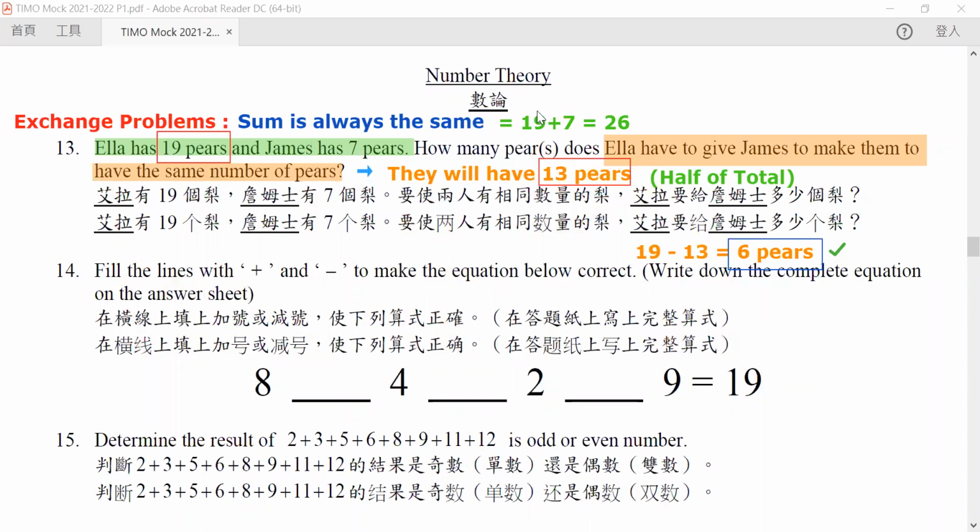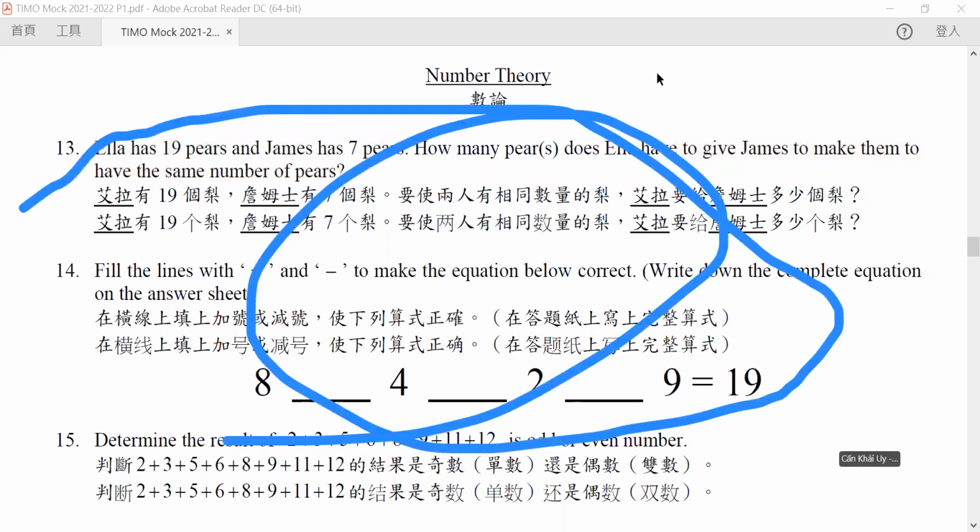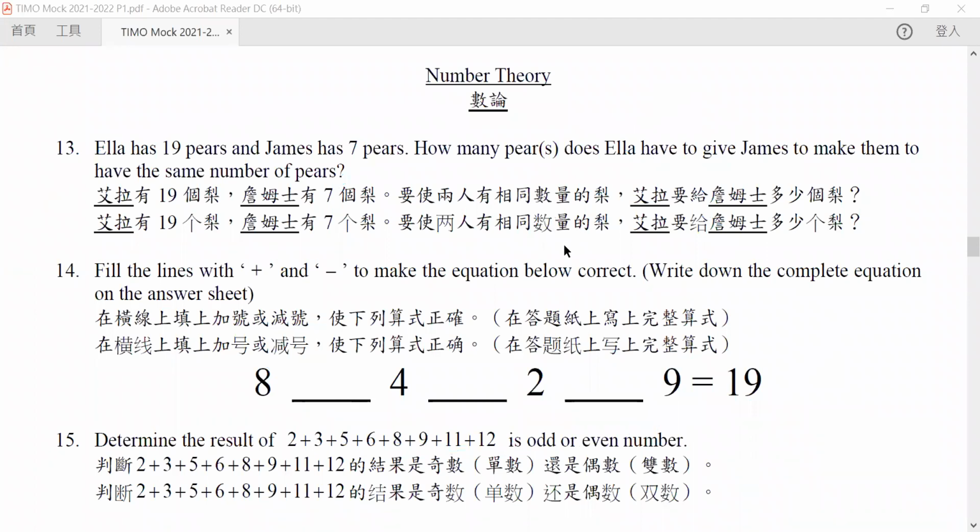Is there any questions? If no, then now we proceed to question number 14. For question number 14, fill the lines with plus and minus to make the equation below correct. So we know that 8, 4, 2, and 9, we need to combine them to equal 19. Now, if you just simply add these numbers all together,